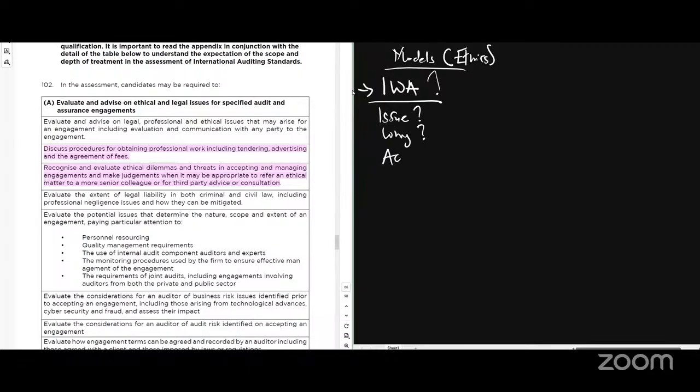What action can be taken? Do you understand? And these actions are the safeguards. And these safeguards, the way they put it in most books, it makes students get confused. Let me tell you something. A safeguard is just an action which you can put in place to minimize this threat to an acceptable level.